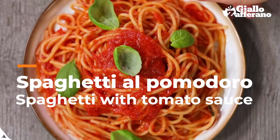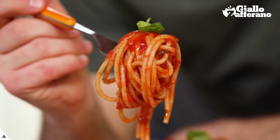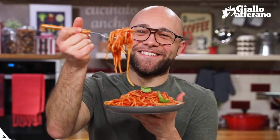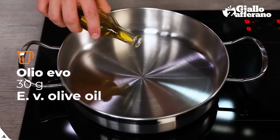Can you make mouth-watering spaghetti with tomato sauce? Let's prepare them together, and then let me know if you end up like Felice Sciosciamucca in the Italian comedy Miseria e Nobiltà. Ready? Pour the oil into a pan,